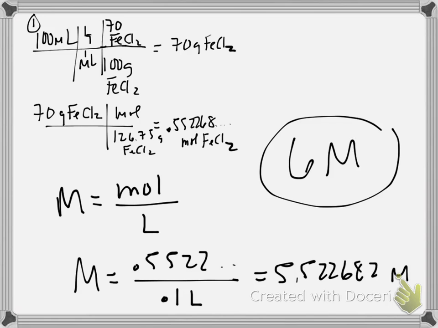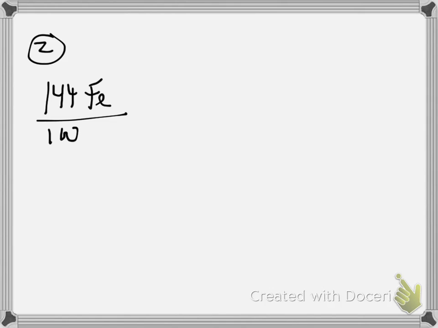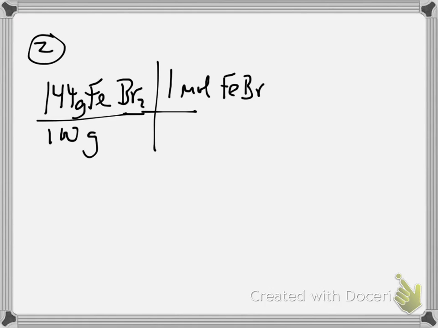Okay, for number 2, we want to know if a 2.5 molar iron 2 bromide solution at 50 is saturated, unsaturated, or supersaturated. Taking the elegant approach suggested by a student, we know that for every 100 grams of water at that temperature, we can dissolve 144 grams of iron 2 bromide. I'll make this one factor label just to help myself out. We know that in 1 mole of iron 2 bromide, we have 215.65 grams of iron 2 bromide,